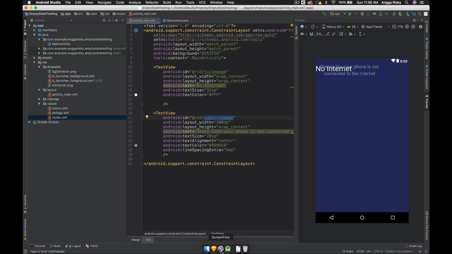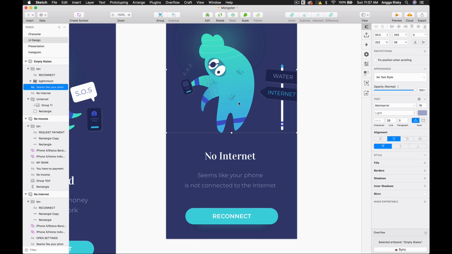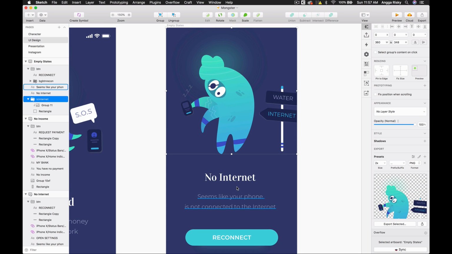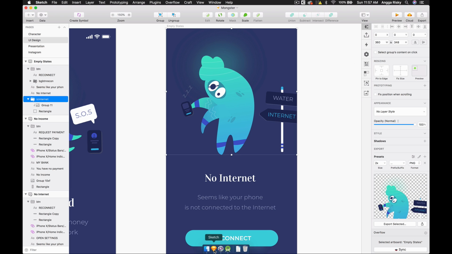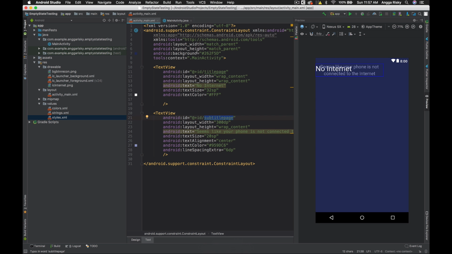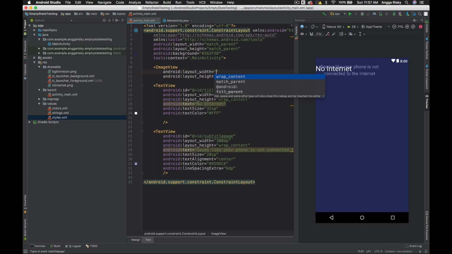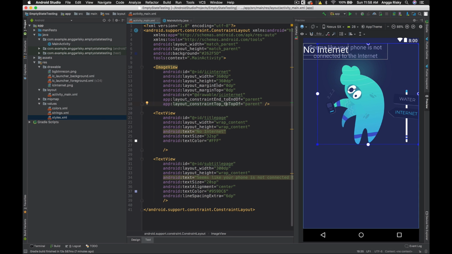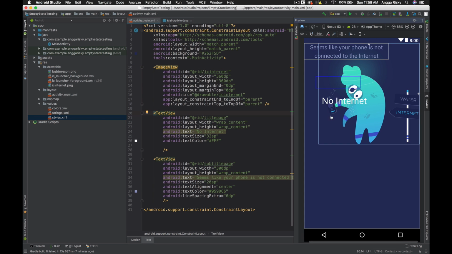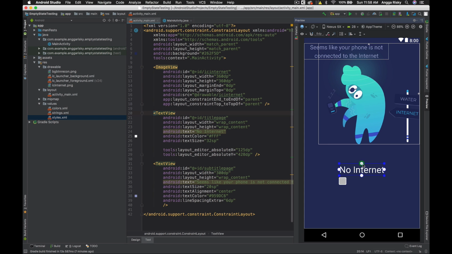So in the design we got this picture just for illustration to tell the user that we have to choose internet instead of the water. No, I'm kidding. So we have to provide the image view over here. So this is for the image view, and we have to move this no internet under this image view.